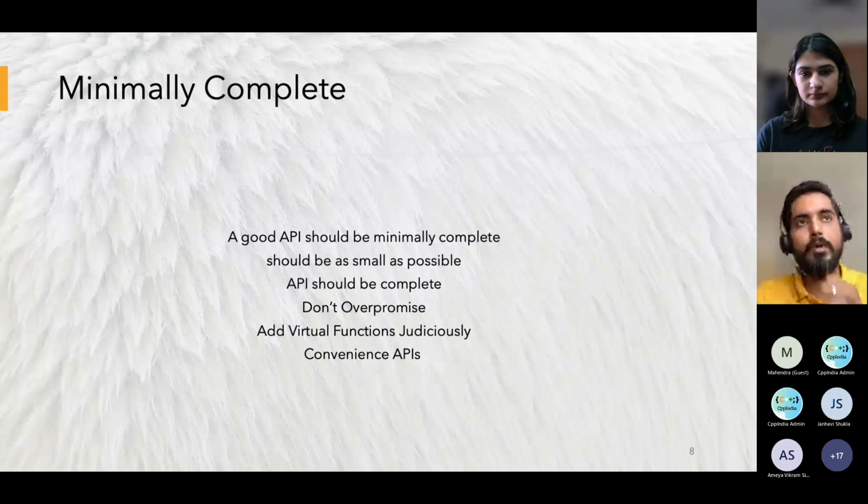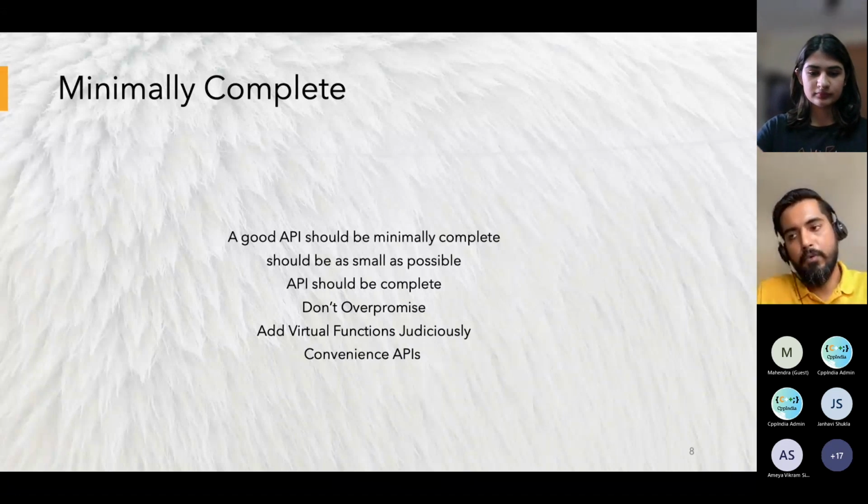So for example, let's say you have something like get X data from server. You can add one convenience class, and add one API, get X data, and inside that you can do send, receive, whatever you want to do.